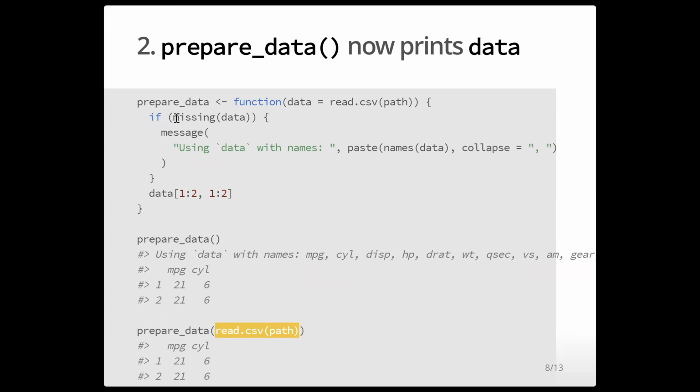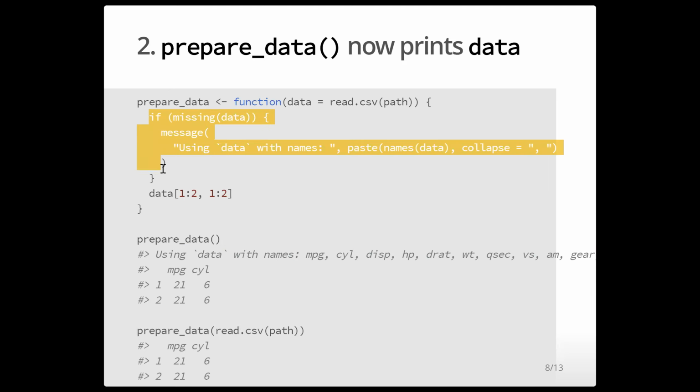So if missing data doesn't, we are not entering this if statement here. So missing data will give you a true if you didn't explicitly pass data, but the data object is still set by default. Is that correct? There's no data. There's a, yeah. Actually,